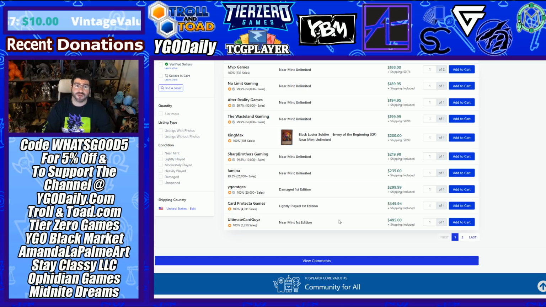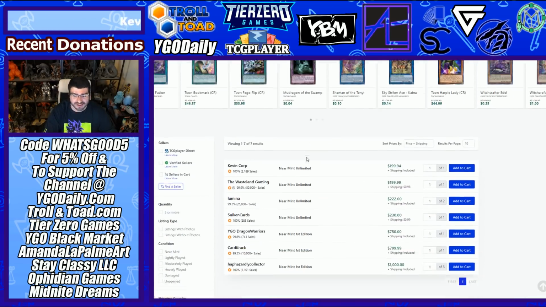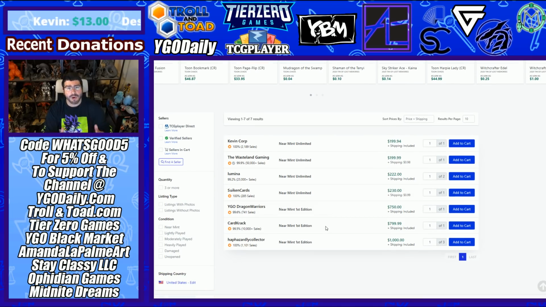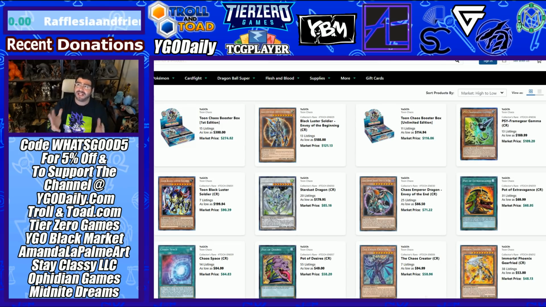There was a $400 one last night when we were looking at collector rares on stream, and the one that is really heading the charge, cover card of the pack, Toon Blackluster Soldier, has gone to new heights. Unlimited's around 200, but the first edition now a low of 750, and it is going moonrocketing over on eBay to past 600. This is pretty crazy to see this kind of reception, and it reminds me of